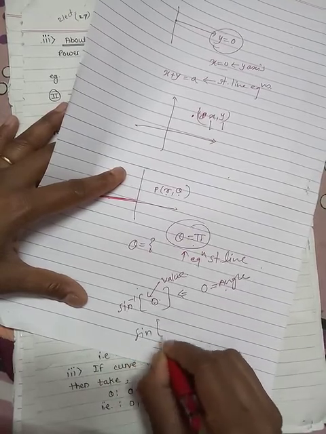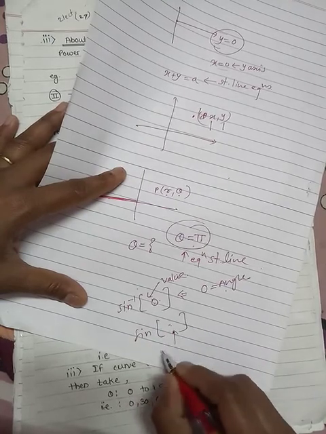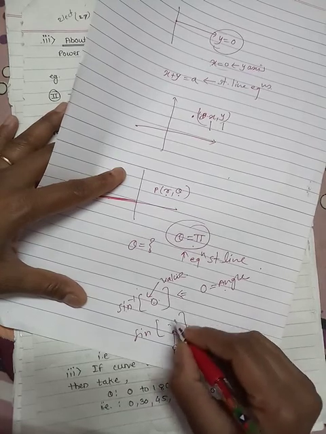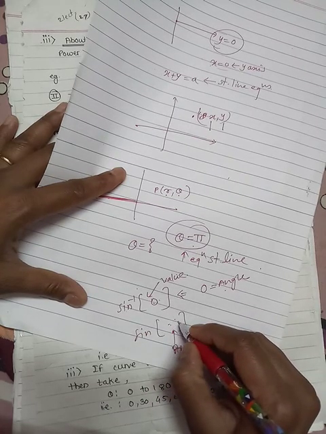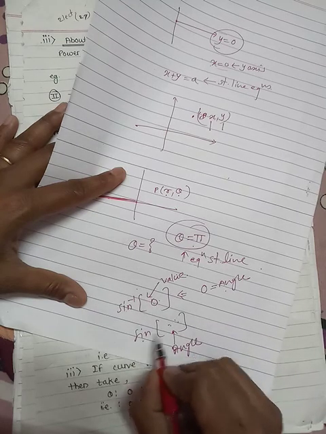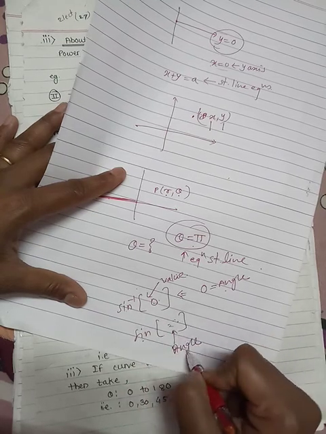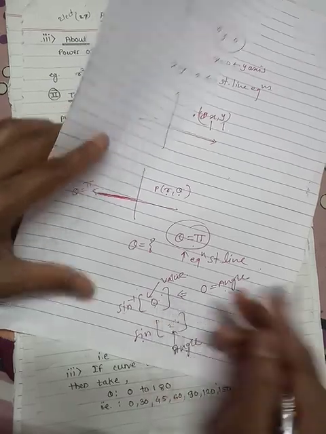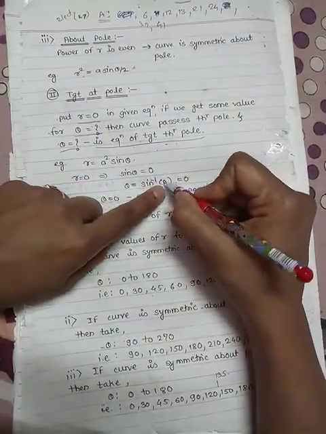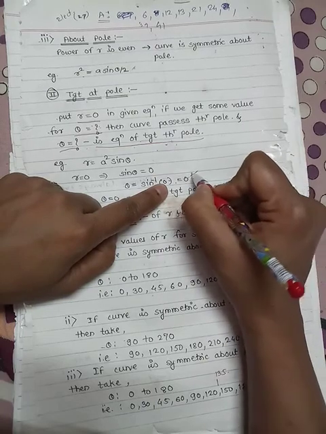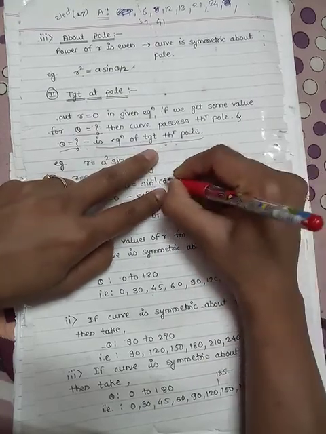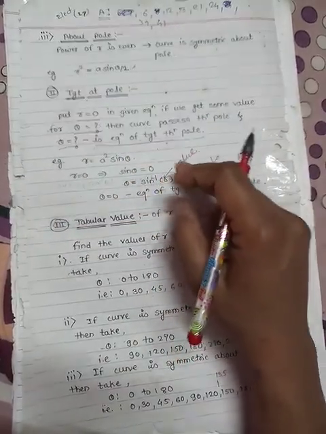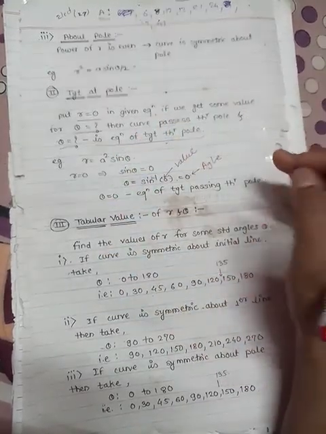And when we write sin of this bracket, and this bracket contains the number, that number will be the angle. So sin 30, sin 45, sin 90, sin 60, etc. So when there is a sin term, the bracket contains the angle value, and when we write sin inverse, the bracket contains the value only, not the angle. So sin inverse 0 means for what angle the sin value is 0. So this 0 is your angle, and this 0 is your value. So this is just the basic concept, or you can use the calci.